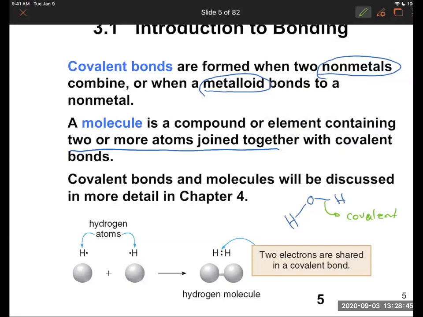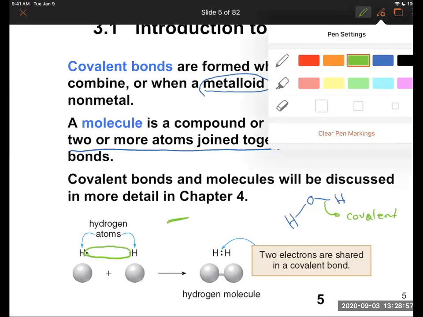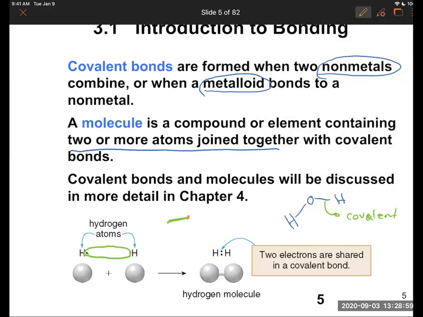We're going to go into more detail later on. Notice here you have a hydrogen and a hydrogen. They're both sharing their electrons. A bond, this line, is going to result in sharing 2 electrons. So each bond represents 2 electrons. If I have a double bond, such as this, I'm representing 4 electrons. If I have a triple bond, I'm representing 6 electrons.